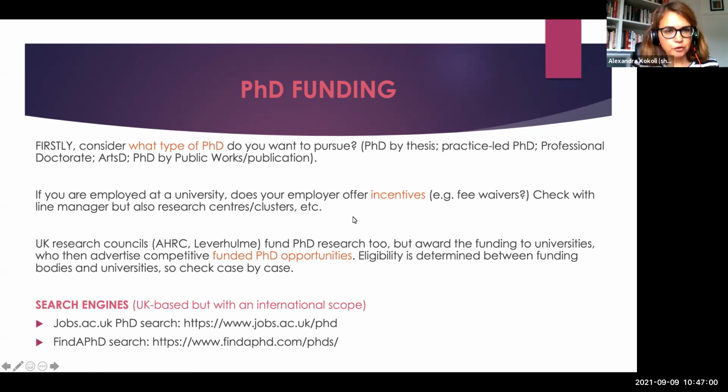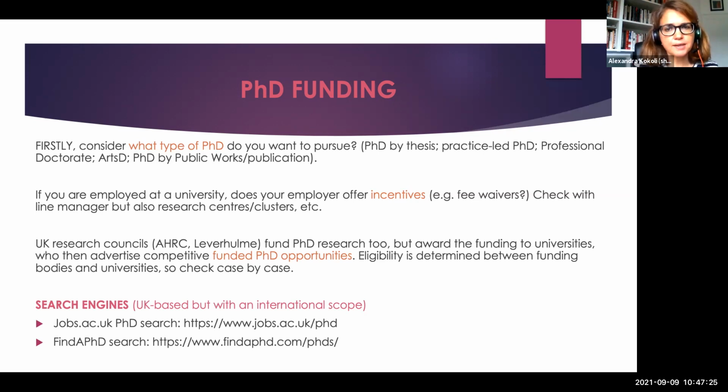The next thing to do if you're employed at a university is to investigate whether your employer offers any incentives. So, for example, we know that many universities these days increasingly require their staff not only to be research active, but to have the PhD qualification.